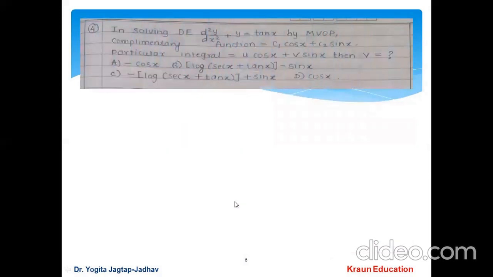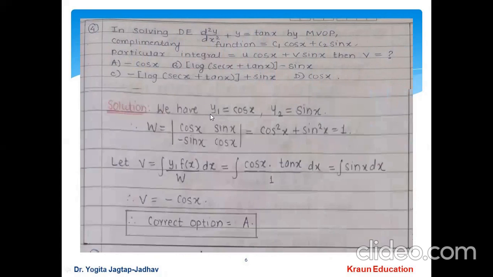Right. Now see the next example. Here again, I want to find out a value of v by using the method of variation of parameters. These options are provided. Now see, by comparing the given complementary function with c1 y1 plus c2 y2, we have y1 equal to cos x, y2 equal to sin x. Try to find out the value of Wronskian. W equal to determinant of y1 y2, that is cos x sin x, and its derivative is what? Minus sin x. Derivative of sin x is cos x.